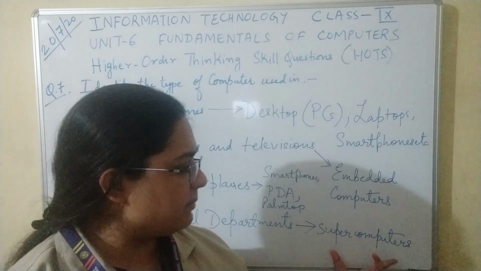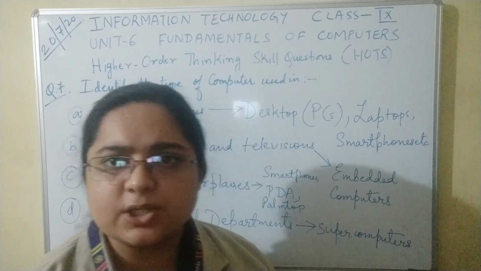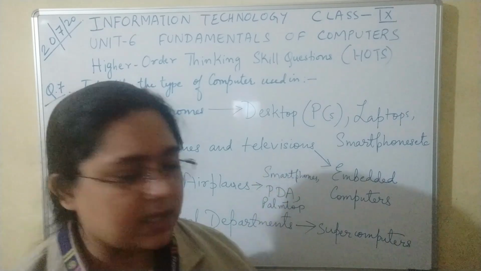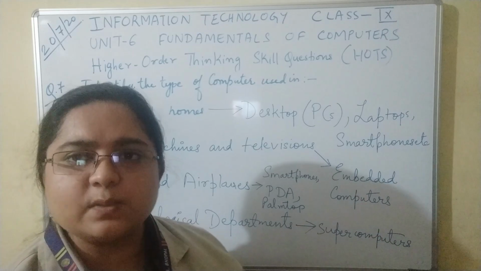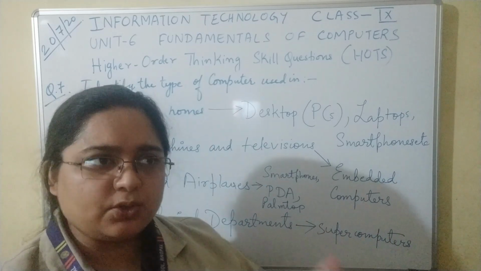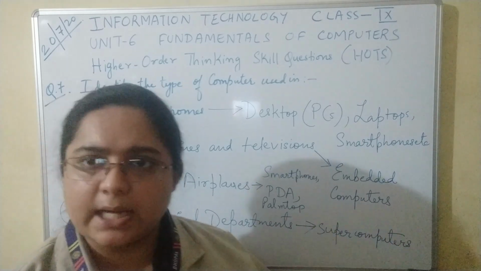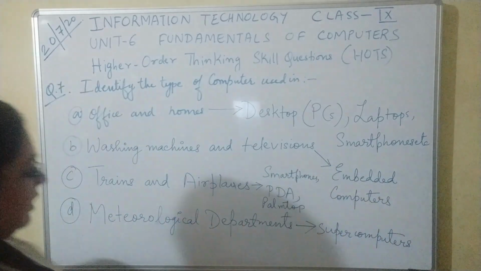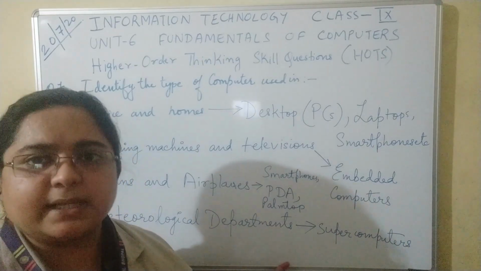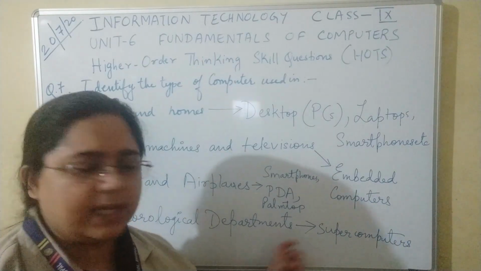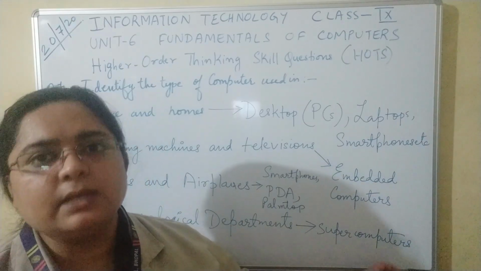Mainframe computers are basically used by private organizations, that is large companies, whereas supercomputers are owned and financed by the government of the country together with any public sector enterprise, that is a government-owned enterprise. Because meteorological departments are government, they fall under the public sector, hence they use supercomputers for forecasting weather.